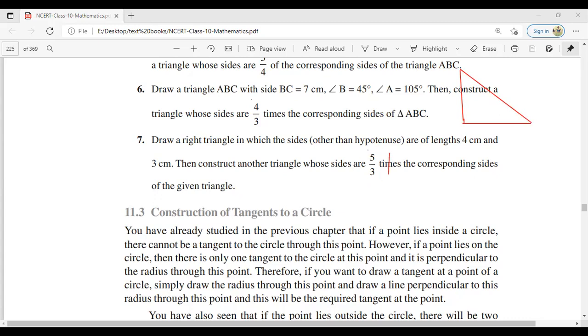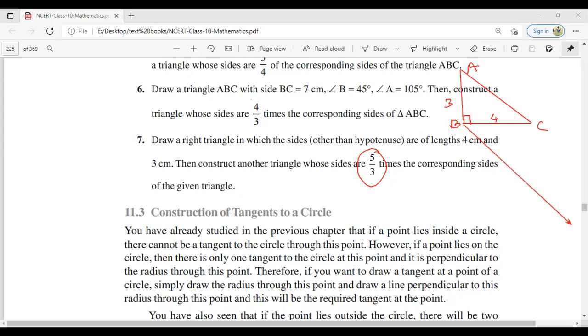Now 5:3 means maximum value is 5. This I have taken. This is very easy, to draw this triangle, just take 90° here. You can have 4 and 3 centimeters. This is 4 centimeters, this is 3 centimeters. You get the triangle. Then draw one ray. This you can always call BC so that you can easily understand B1, B2, B3. And then draw a ray from B2,